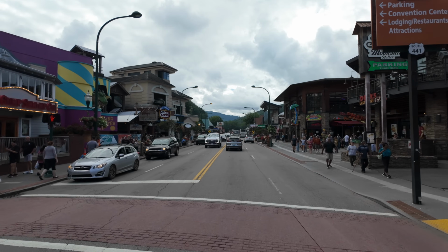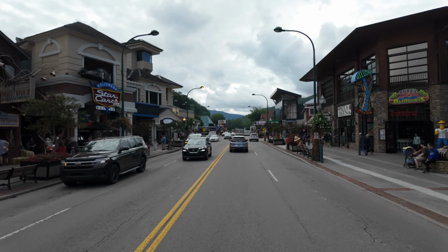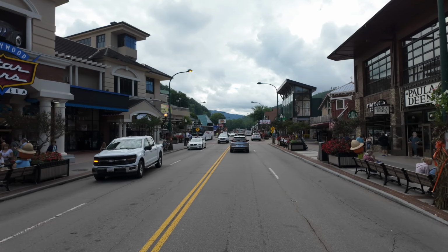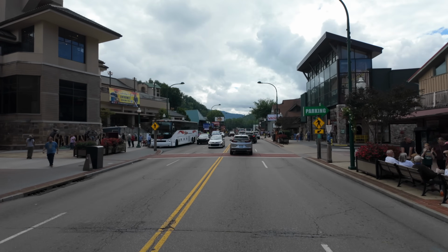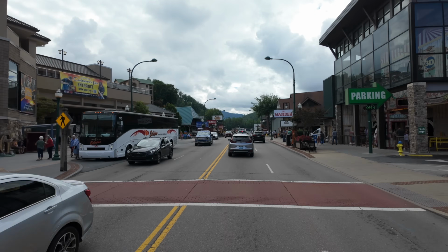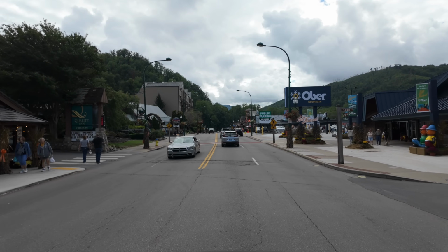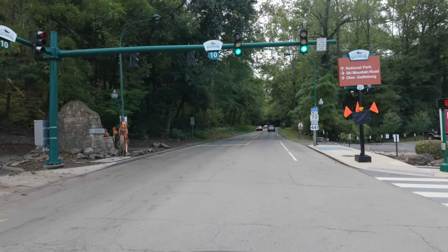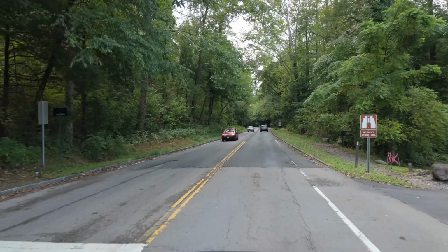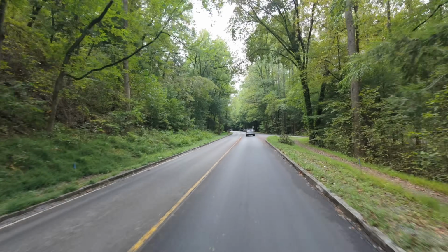So here in downtown, it looks like everything is still open as it was last time I was here. The only other thing that was closed was Ober Mountain up ahead here on the right. Let's see if they're back up and running. And it looks like Ober Mountain is also back up and running. So as we come to the end of Gatlinburg, let's drive down here to the Sugarlands Visitor Center and see